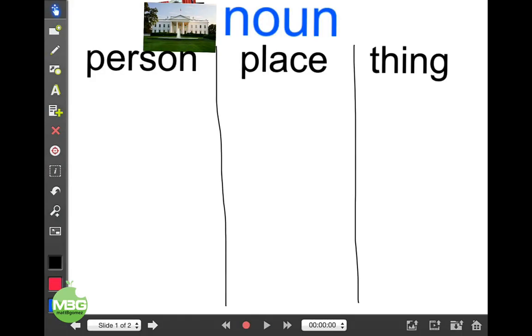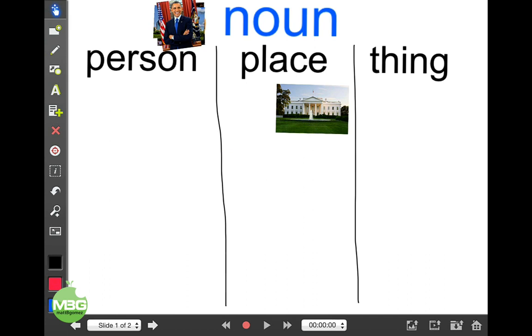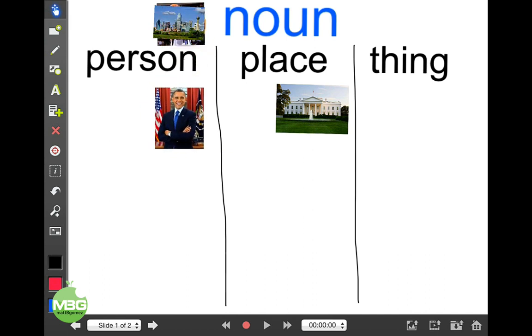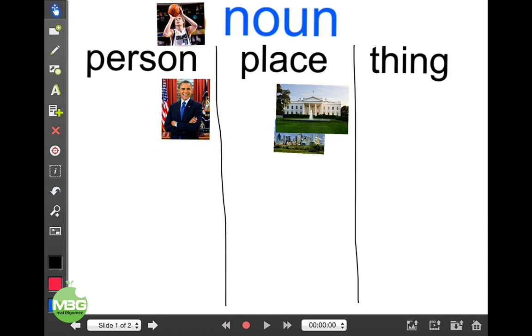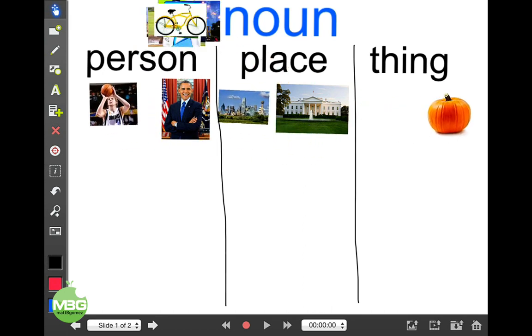And so what I did in large group is we talked about what a noun was, a person, place, or thing, and then I had the kids come up one at a time and sort them based on where they would go. So obviously the White House would be a place, and President Obama would be a person. And these can be adjusted however you want. Dallas is a place, Dirk is a person,